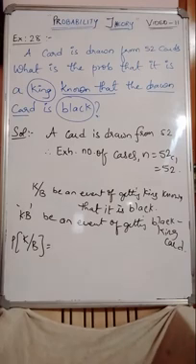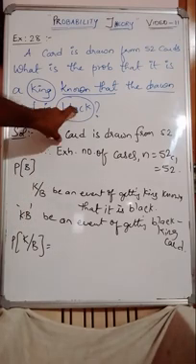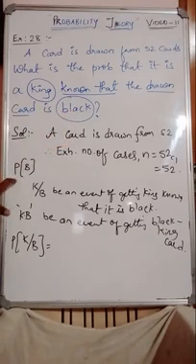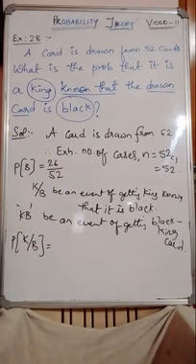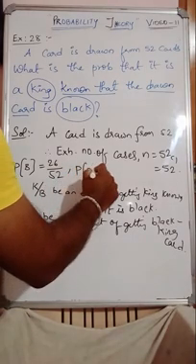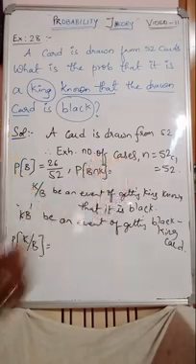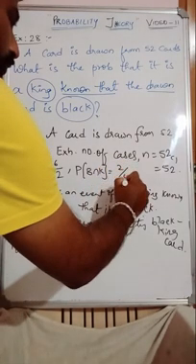So before that, what is P of getting black? Because the known card, that has to be taken for the probability first. Always in every problem, the probability of getting black color is 26 by 52. Getting black is 26 by 52, right? And then probability of getting black and king, how many? Black and king, how many are there? In black cards, king cards how many? 2. So 2 by 52.